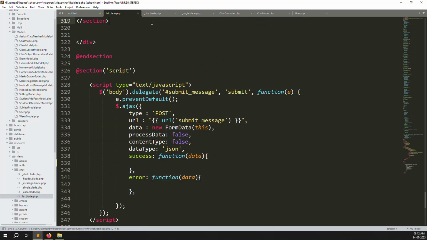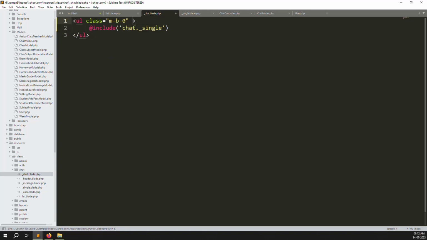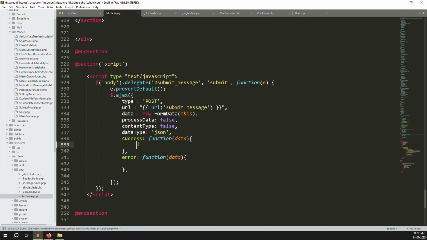So for $chat, we need to create one id here for appending data. I can show you how we can do it, so we can append the data. The id name is like append message, whatever you want, you can do it your way. Okay, I just go to the list and make a dollar hash